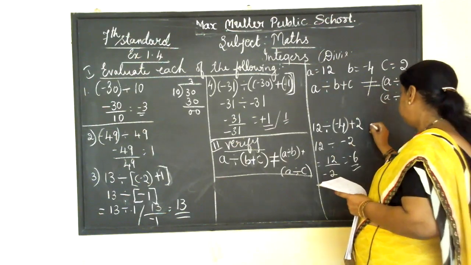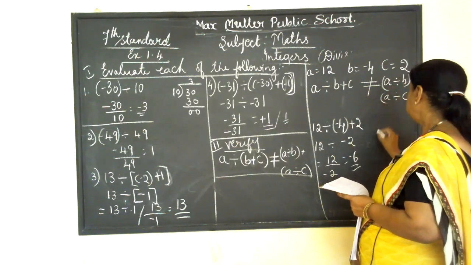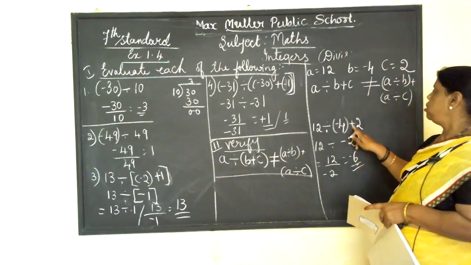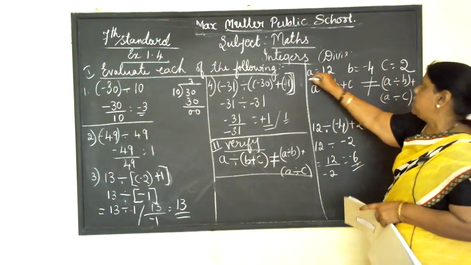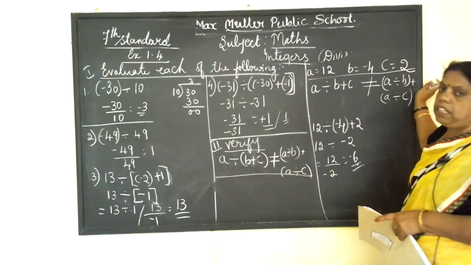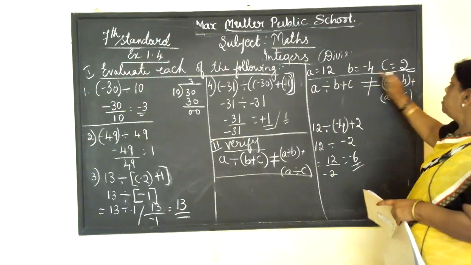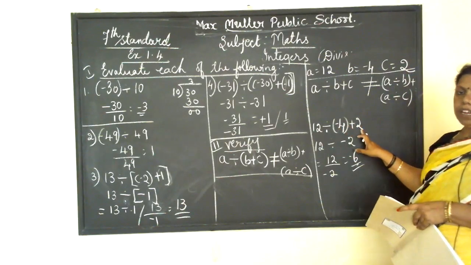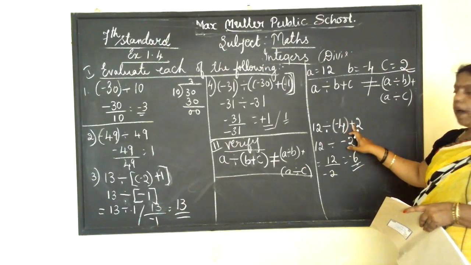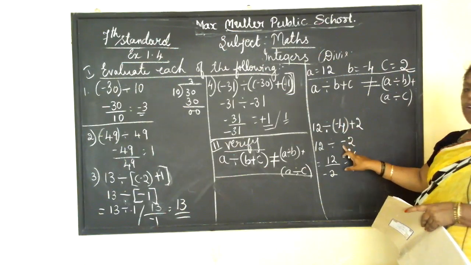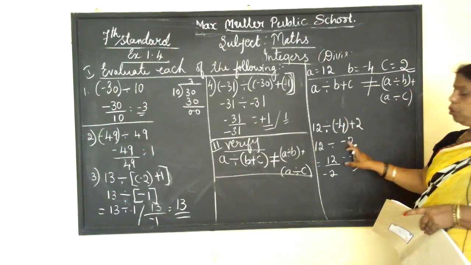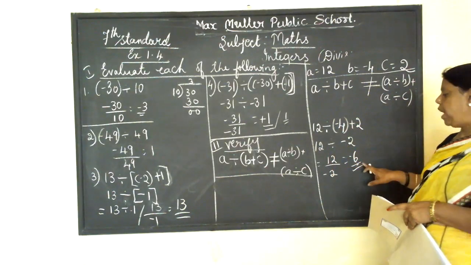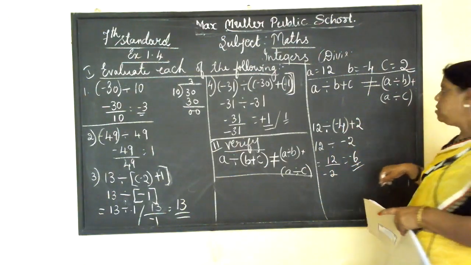Now we will see here. Minus 6, here we got the answer. Did you get it? Minus into plus. The values I have given here, children. For this first one, sum minus 4 and 2. Minus 4 plus 2, that is minus into plus, minus we have to do it. So, we'll get the answer minus 2. So, 12 divided by minus 2, you will have an answer as minus 6.